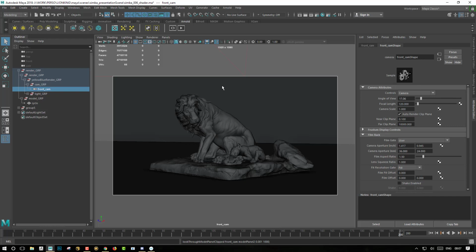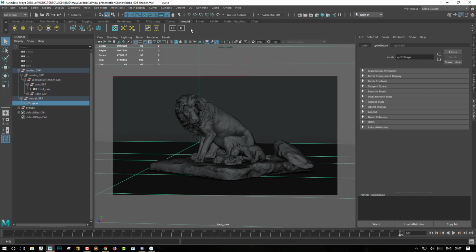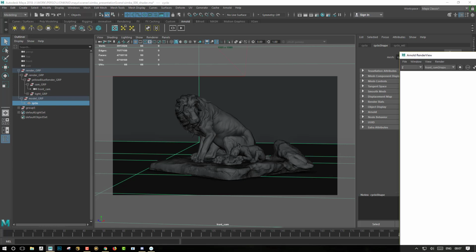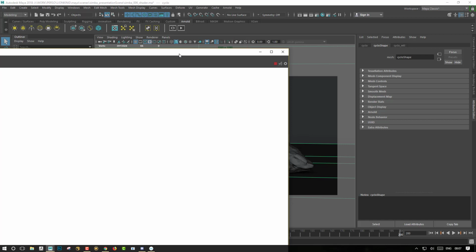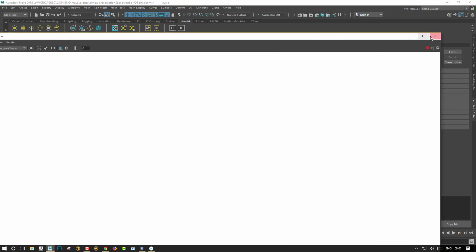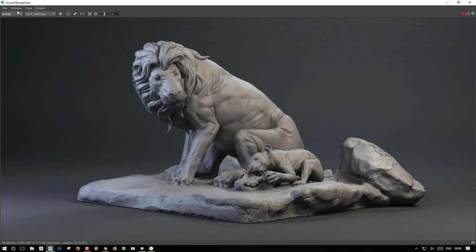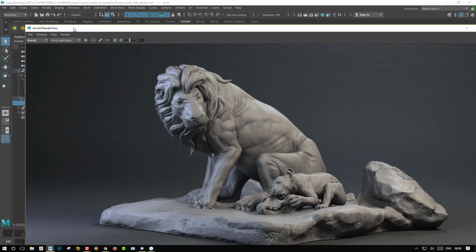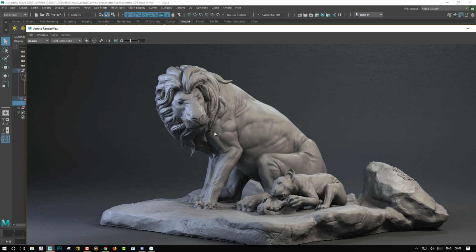I will start by starting the render, just to see how things are looking in my scene. I will go to the Arnold tab, click on the preview render button, and bring my camera into this window here. Then I will move to the beauty. If I am on any other AOV, any other pass, I will move to the beauty, just to see how things are looking in this scene.